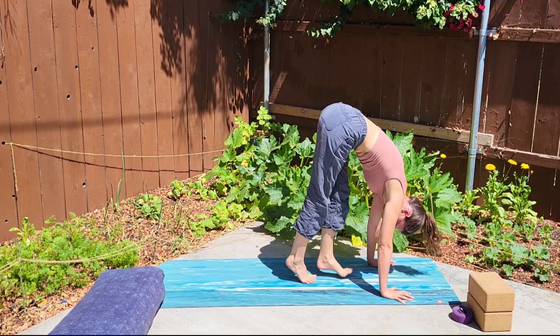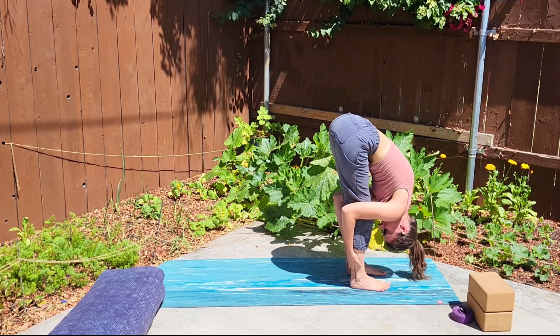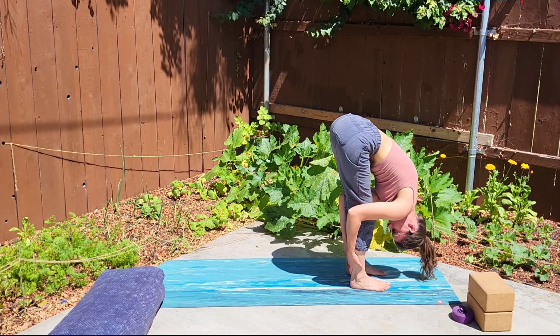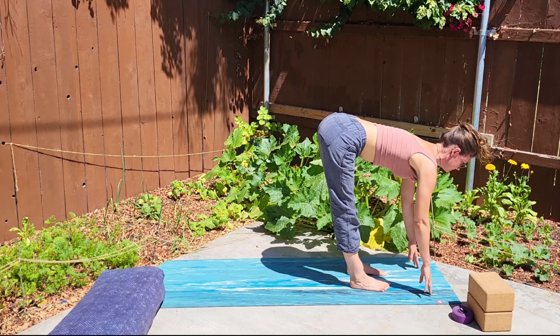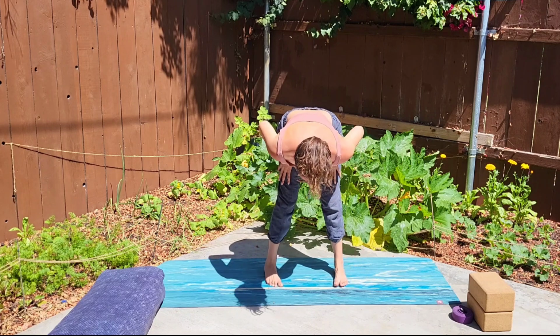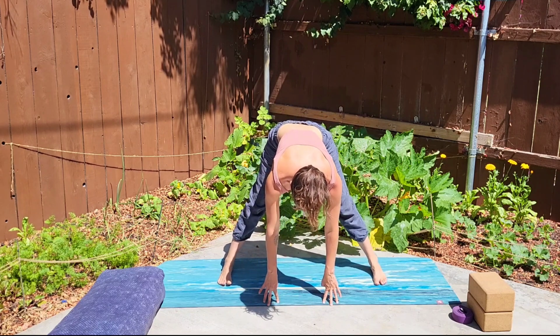And then begin to nice and slowly tiptoe your way forward into a forward fold. A bend in your knees is perfectly okay here. Inhale, halfway lift, nice flat back. And then begin to heel toe your feet out